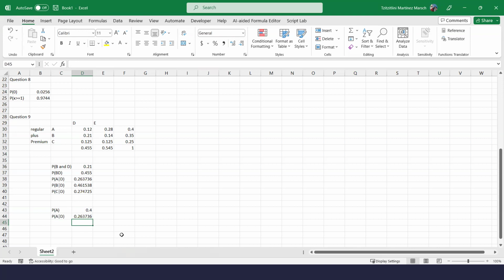And since they're not equal, they're not independent. They're dependent, one on the other. So it is not independent. They're dependent on each other. So it does depend. The probability of you filling your tank is going to be dependent on the type of gasoline that you choose. Okay,